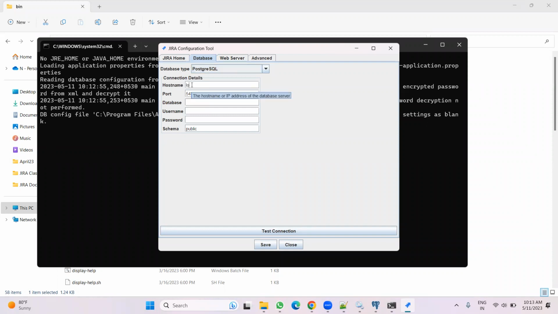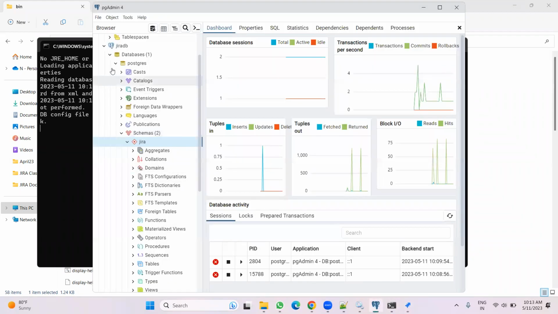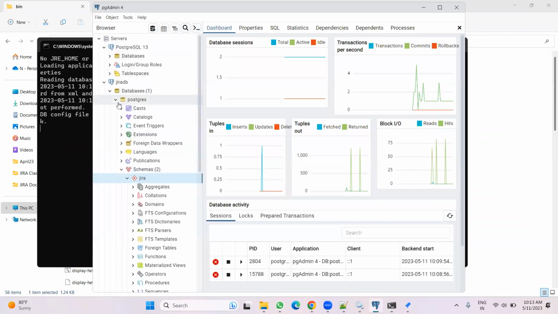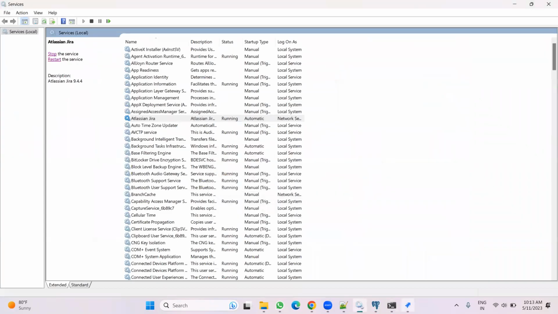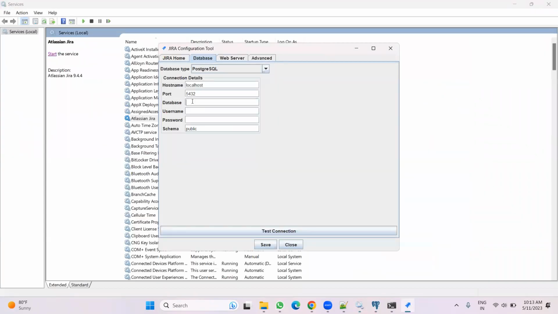I have entered localhost, port number 5432. What is my database? Instead of a normal database, Postgres SQL, I've chosen Jira DB, right? So I'll just enter Jira DB now. Database is Jira DB. What is the username? Postgres. Password,